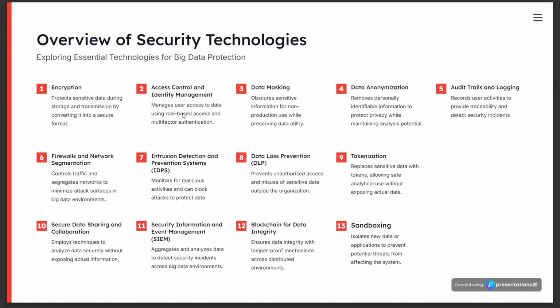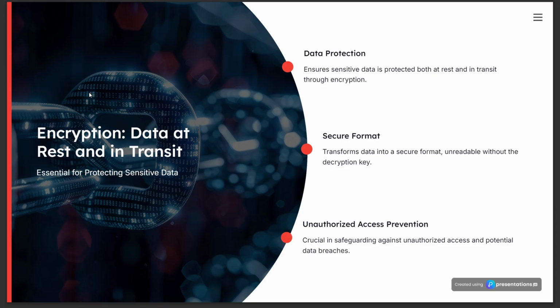The technologies that we'll be discussing are encryption, access control and identity management, data masking, data anonymization, audit trails and logging, firewalls and network segmentation, intrusion detection and prevention systems, data loss prevention, tokenization, sandboxing, blockchain for data integrity, security information and event management, and secure data sharing and collaboration. So starting with encryption, we all know what we mean by